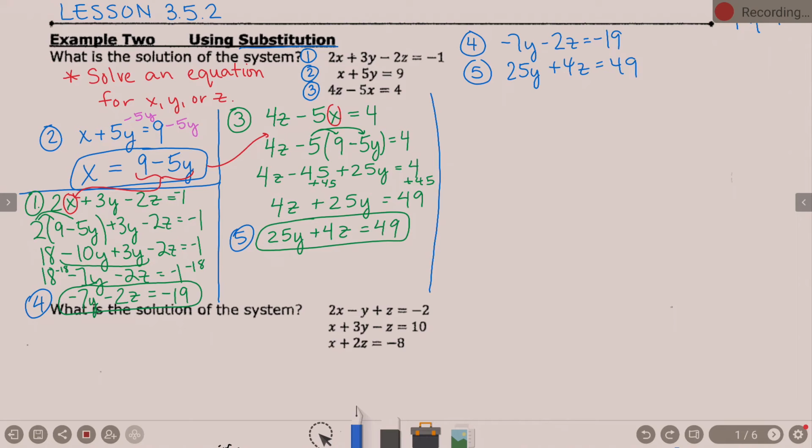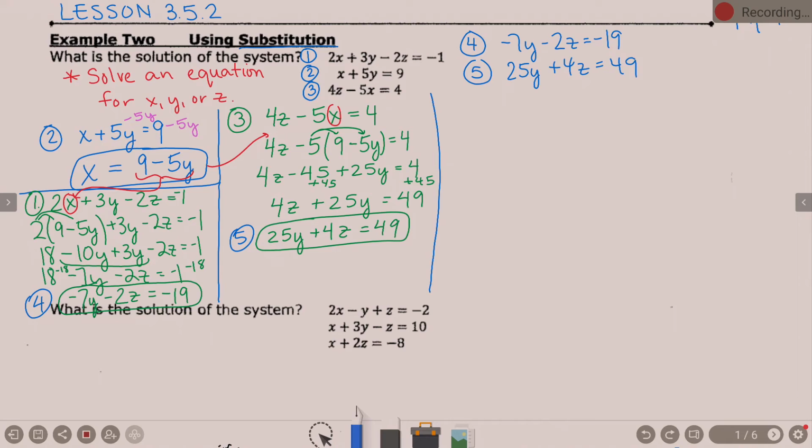Okay. Well, with that in mind, think elimination, guys. Would you prefer to eliminate y's or z's? Z's. To me, z's are a no-brainer here. I do not want to get 7 and 25 to be the same. However, a 2 and a 4, even better, it's a negative 2 and a 4. How do we get those to be